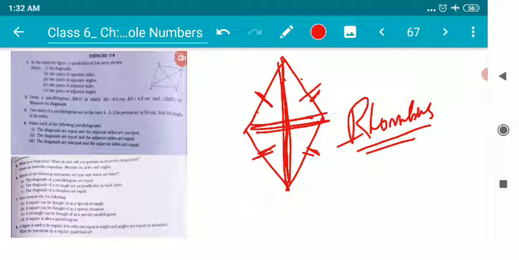I believe my explanation was very clear. Your part of the job is to draw the shapes and try out these things in your copy. You must use pencil and ruler to draw the diagram. You cannot use pen to draw the figures. And please do submit the work in the Google Classroom.